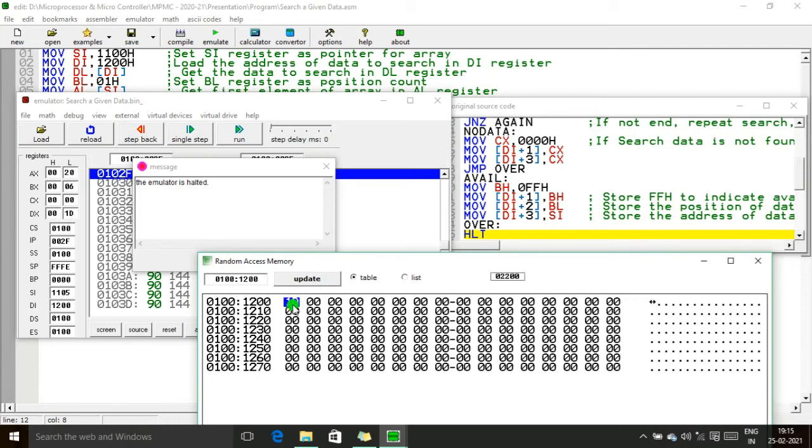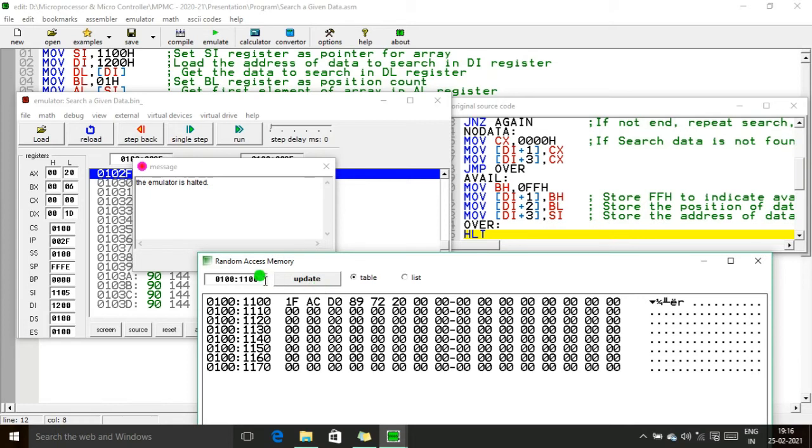Now I am going to take the input data as 89, because this 89 is present in this given array. Where is it present? This location: 1, 2, 3, 4. This is the fourth location where 89 is present. What is the memory address? 1100 is here, 1101, 1102 and 1103. The 1103 memory location contains the value 89.